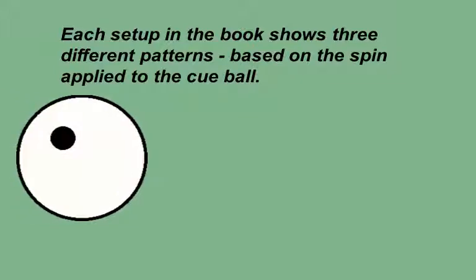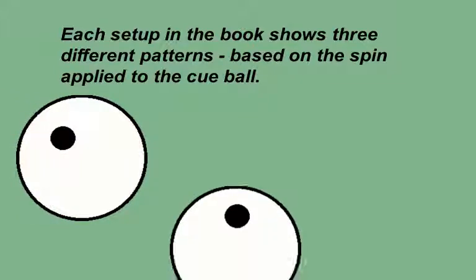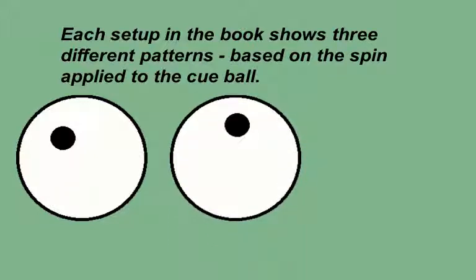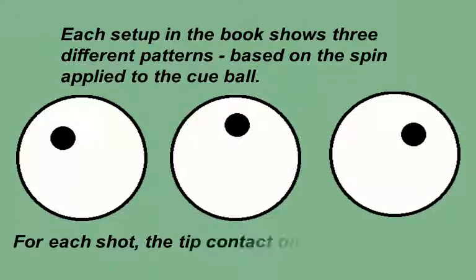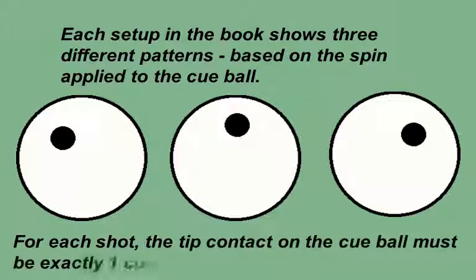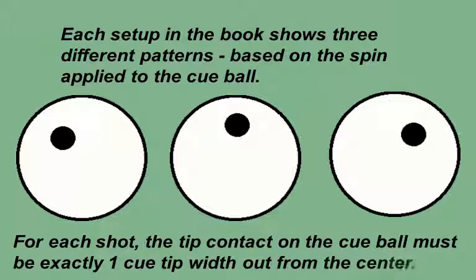Each setup in the book shows 3 different patterns, based on the spin you apply to the cue ball. For all of the 10:30 patterns, the cue ball rolls at a 45-degree left angle. For the 12 o'clock patterns, the cue ball rolls on a vertical line. For the 1:30 patterns, the cue ball rolls at a 45-degree right angle. For each shot, the tip contact, on the cue ball, must be exactly 1 cue tip width, out from the